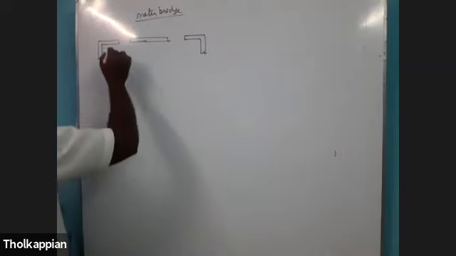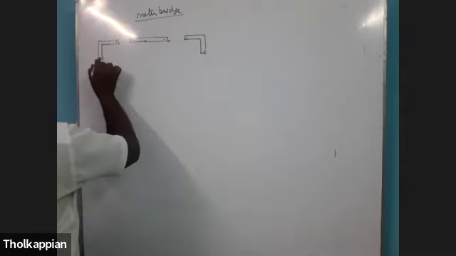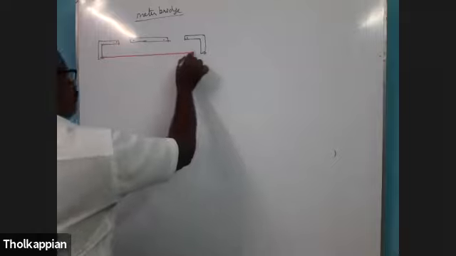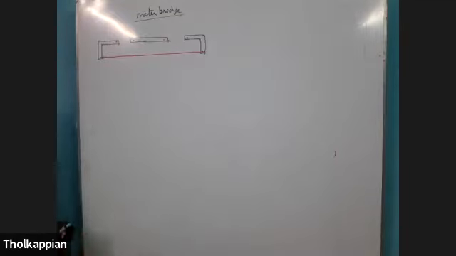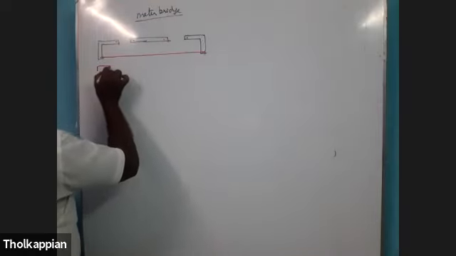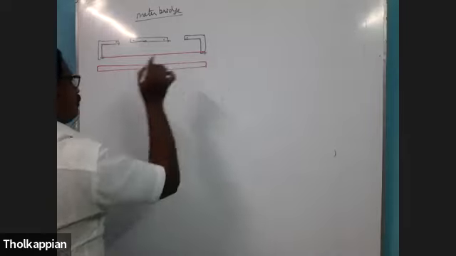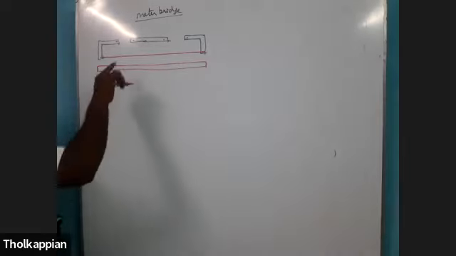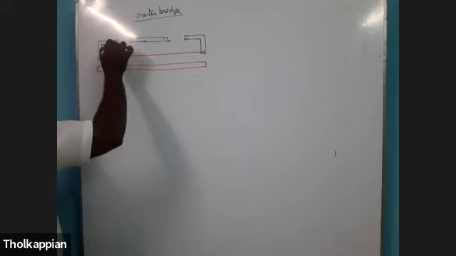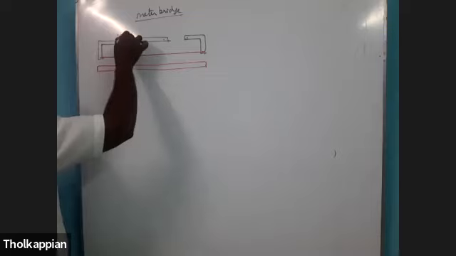The copper plate, two resistances, here one resistance and here one resistance. And this is the wire of 1 meter. That is why we call that a meter bridge. And this wire's balancing length can be measured by using the meter scale. One meter scale is there to measure the balancing length. And here one resistance is given, maybe a known resistance or an unknown resistance.